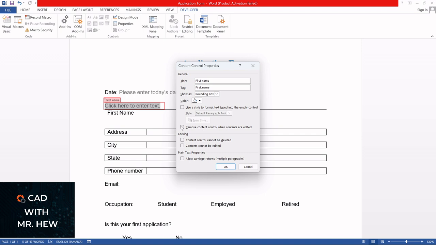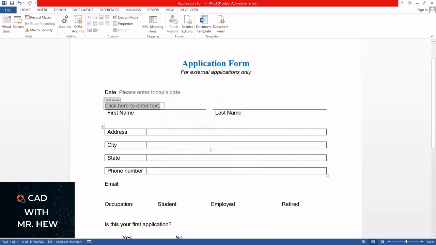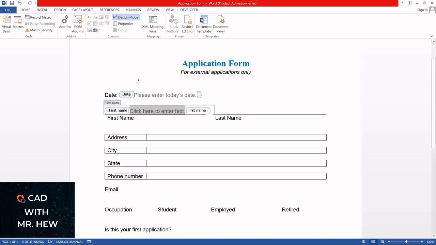We can remove the content control when the contents are edited. And there are different options such as lock-in. Contents cannot be edited. So if you want to lock it, that is what you would click. I'm going to press OK. All right. Now we want to change what is in here, the prompt. So we're going to click on the design mode, and we're going to type,